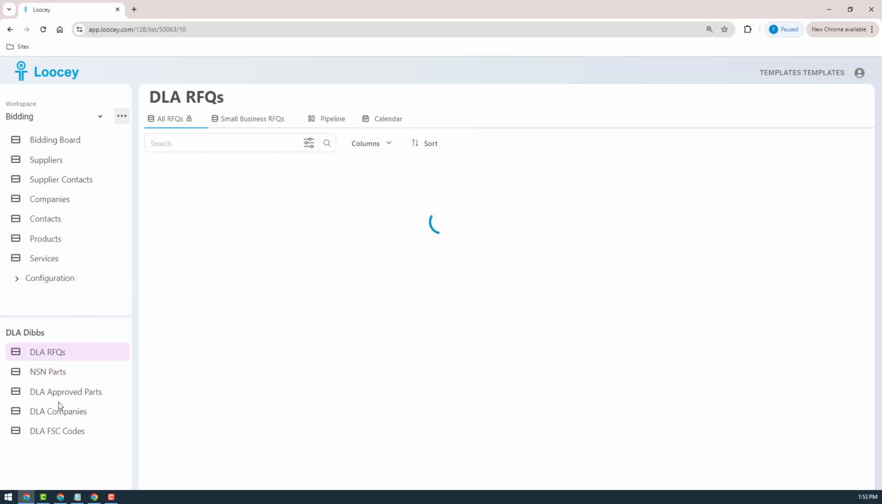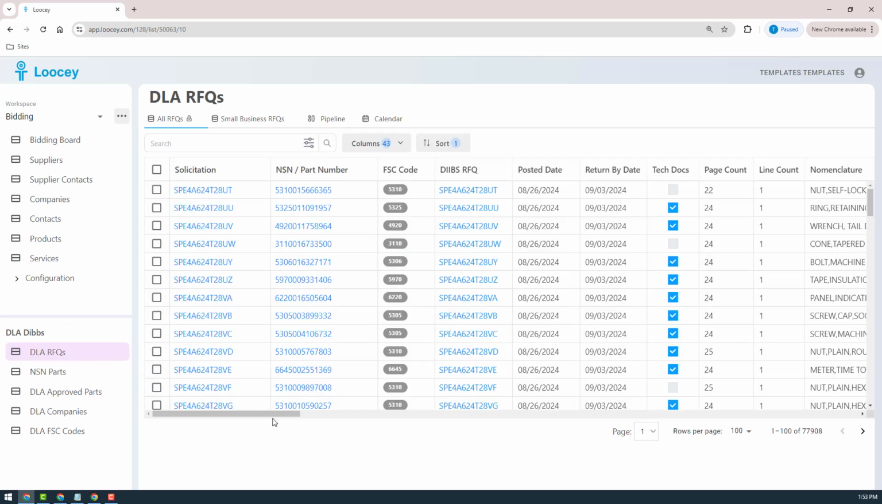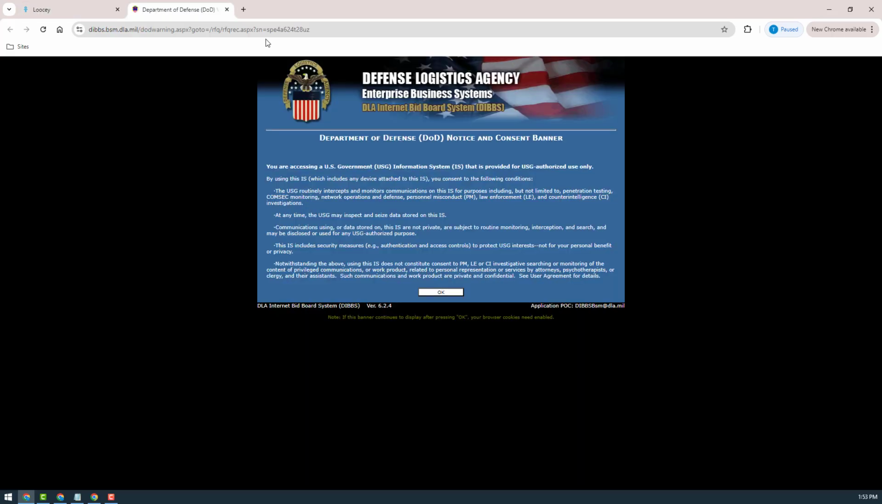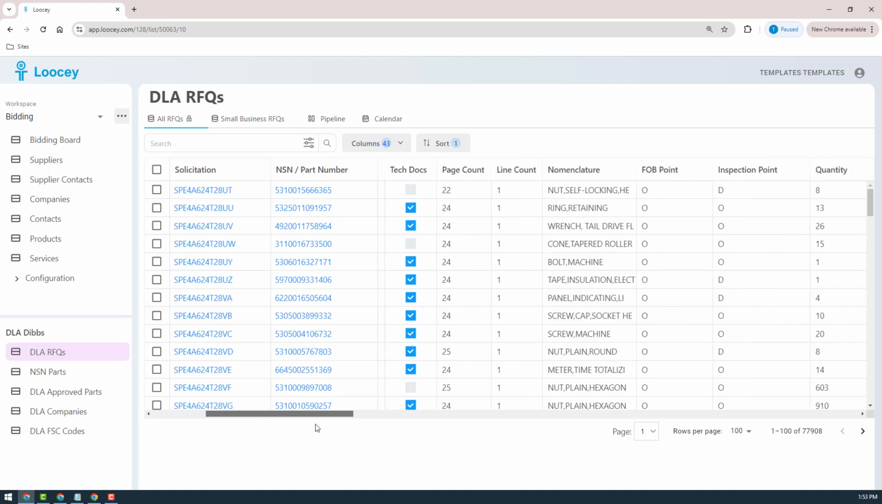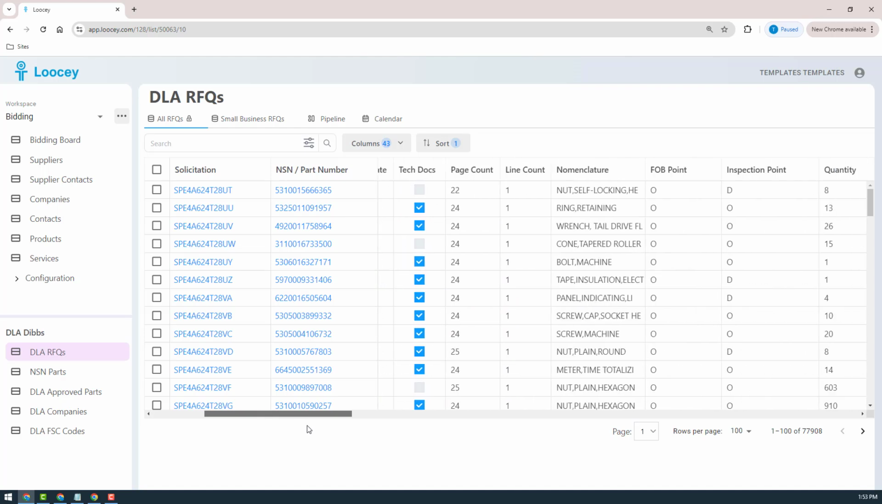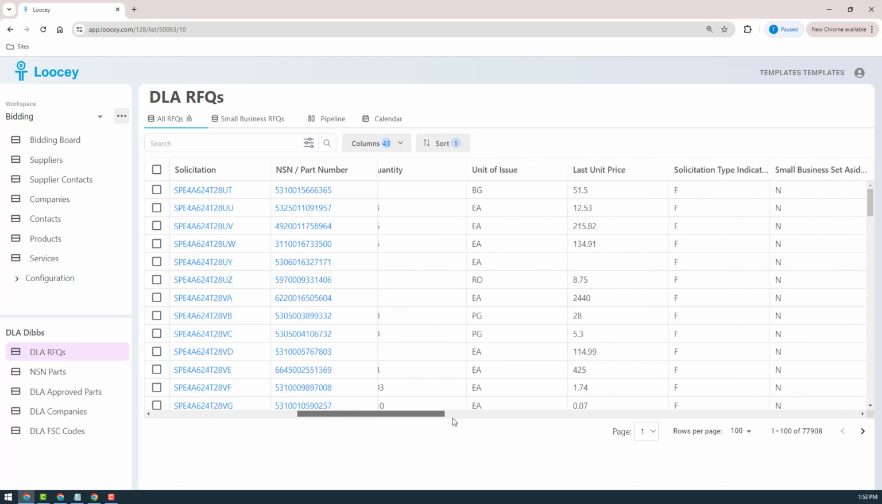So we're quickly going over the research features here, but there's a lot going on in the research part as well. So the RFQs, we actually bring in the data from Dibbs on a daily basis. You'll see the posted date here. You have a quick link to the Dibbs RFQ. If you wanted to go there, you can. The same NSN part here, but let me go over, there's tech tags flags, there's page count,